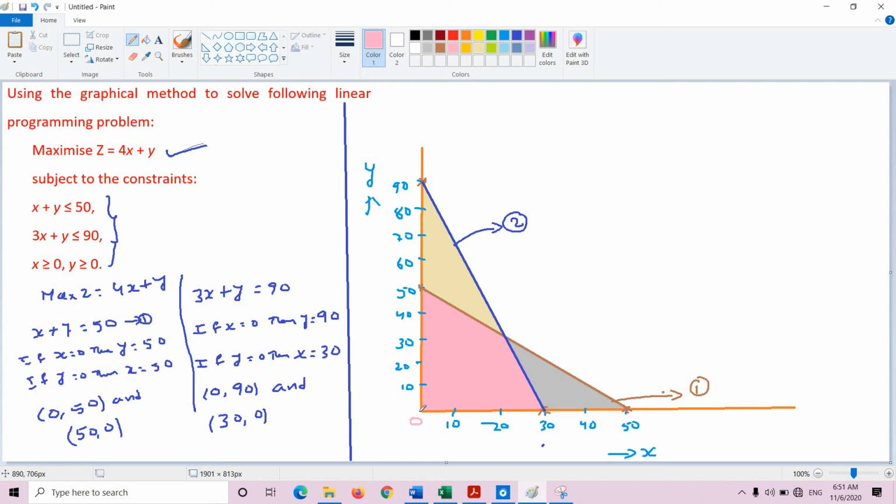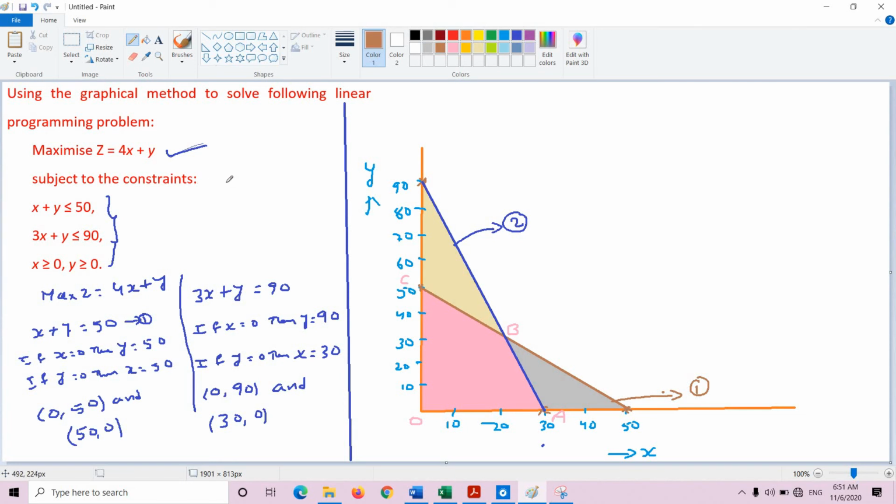Now we have to label the points. This is O, the 0 value is here, and now I am going to give the point A. All the bounded region I am going to select. O, A, this is B, and this is C. This region is bounded by the vertices O, A, B, C. Now we require the B point, where the lines intersect. How do we calculate that intersecting value? It is very simple. Let me write it down here.